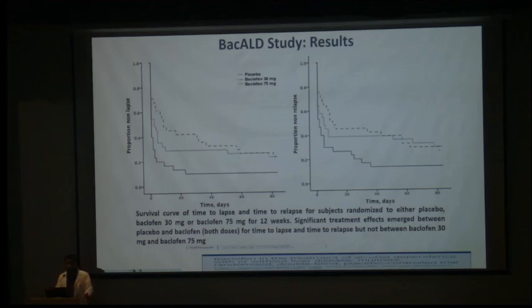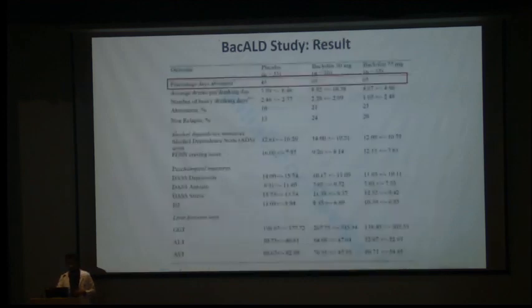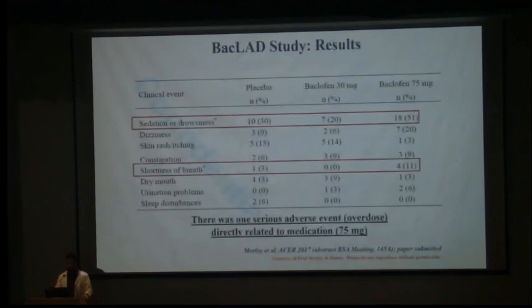So they did test both doses. What they're trying to do is move from just the 30 milligram dose that was discussed in the Lancet paper to another, 75 milligram dose. They studied both and found that in both groups there was a better proportion, or lesser proportion, of non-lapse. The percentage of days abstinent was similar in both groups, but